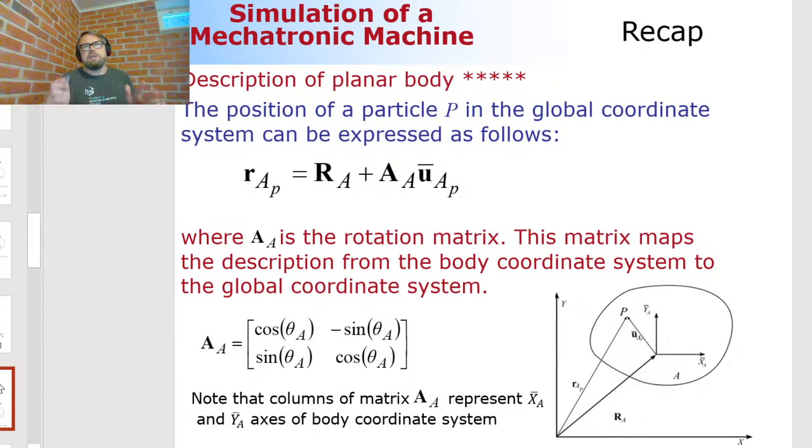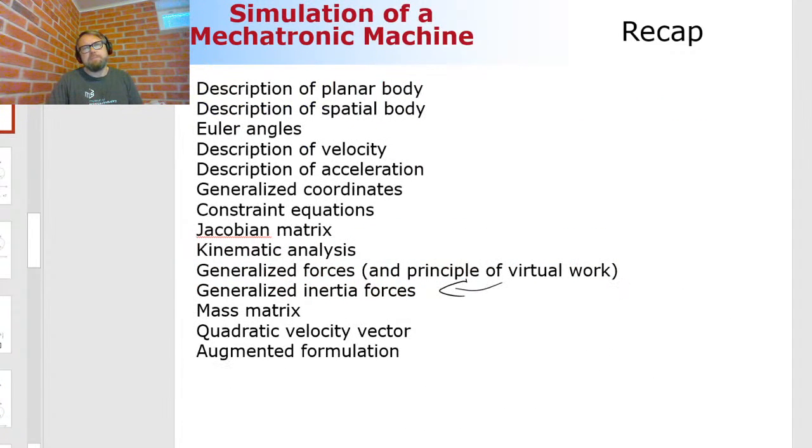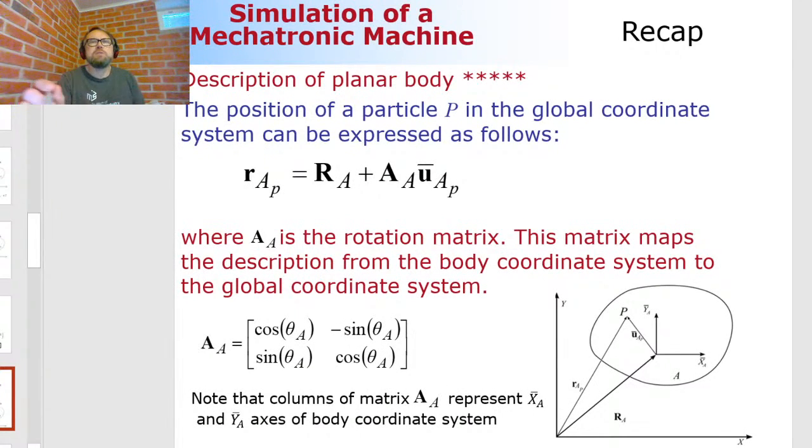Now, here you see how I'm rating the different subject matters. These are all the matters that I'm expecting you to know, and each one of them is rated. So here's an example. Description of planar body is rated as 5 stars. This is pretty much the same as hotel stars. If you have a 5-star hotel, that's the best you can think of. This means that if there's one thing you need to know, it's going to be this one. So, description of planar body. I'm expecting you to know this back and forth, no matter what,